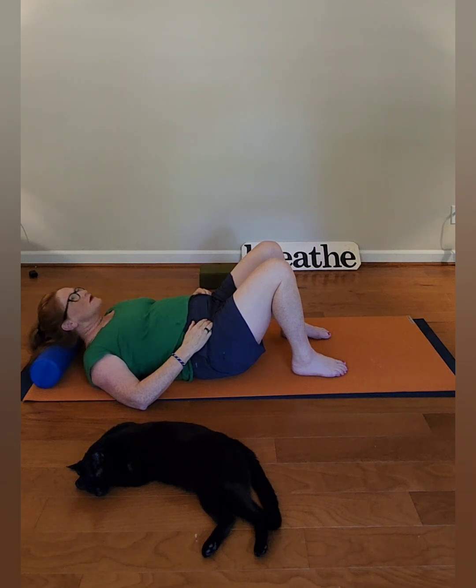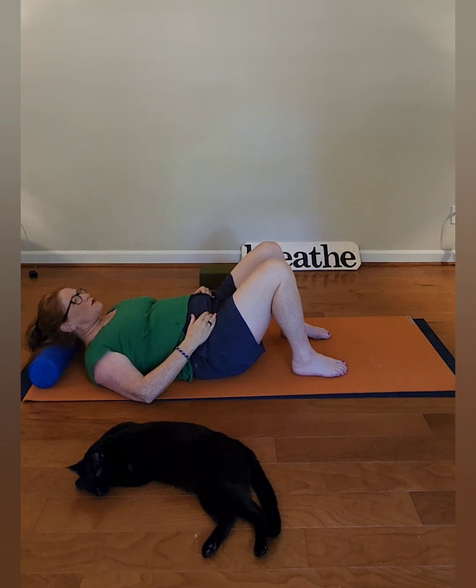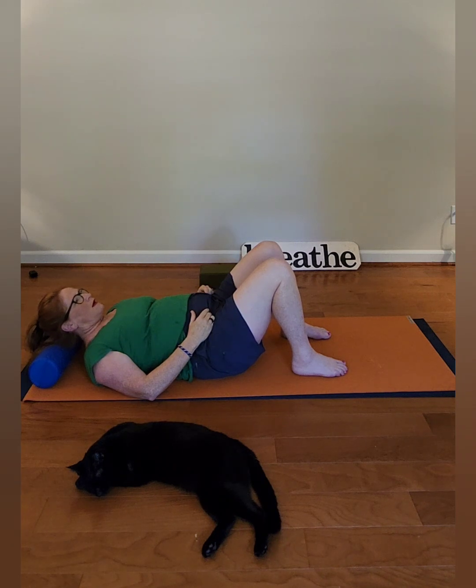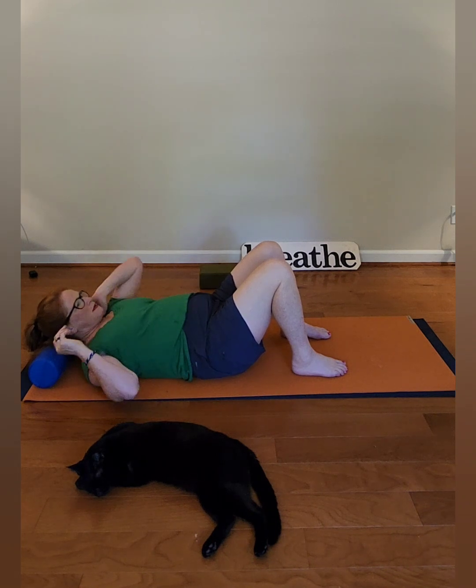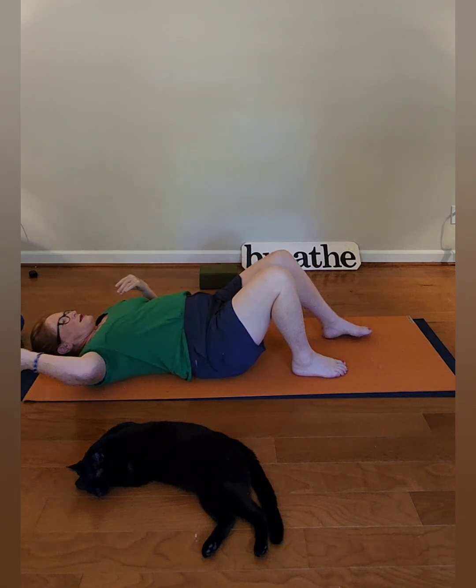A couple more. Nice and easy. Elongate. One more, and then hold up. And then we're just moving the head. I've pinned the skin into the roller, and I'm just moving my head. It's a small motion. So it's like the skin is moving underneath my hair, above the skull. And then pause. Take your hand behind your head, take the roller out from underneath you, and then let's go